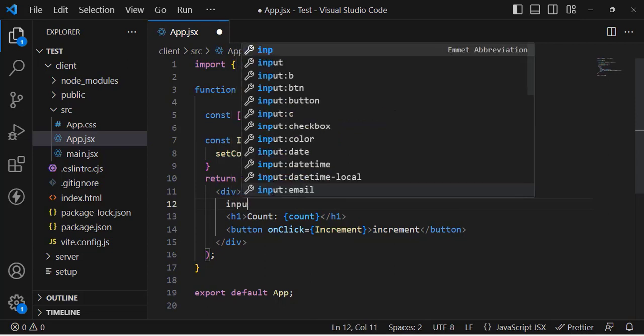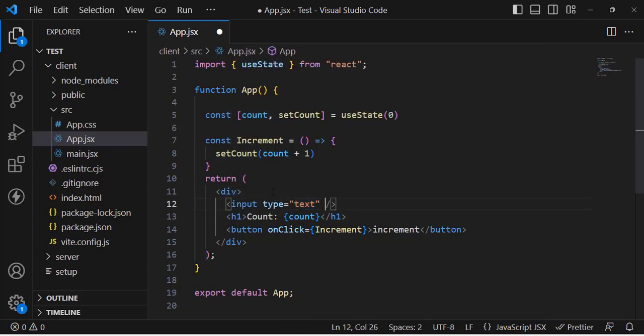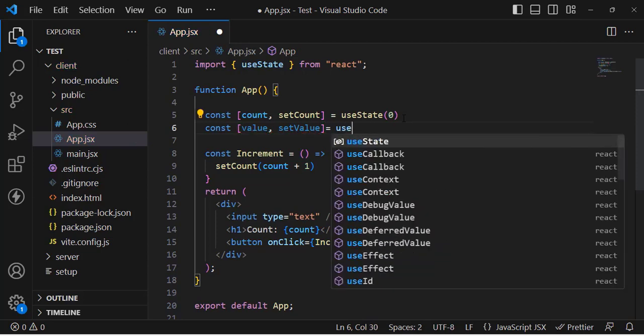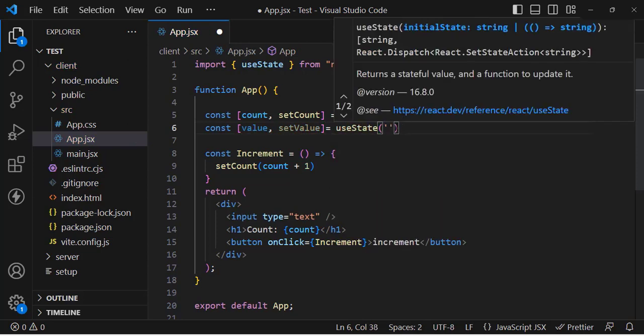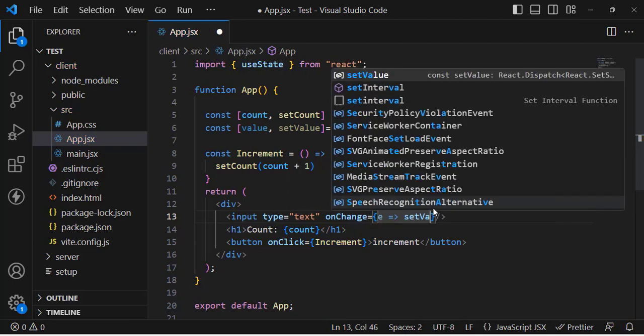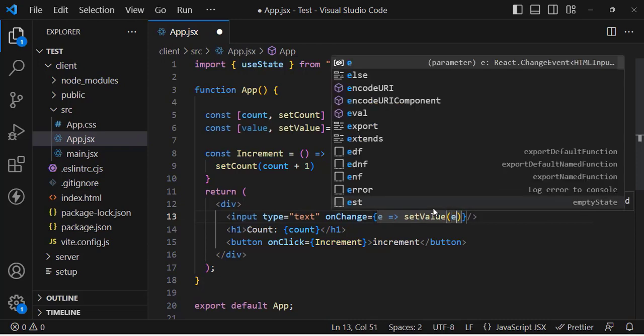So whenever we are writing something in this input field, we should store it somewhere. Let's create another variable, value, setValue is equal to useState. The default value is an empty string. And now let's call the onChange event here. OnChange, and we can call another function and create that here, or we can directly call the function from our onChange event. So to directly call that, let's create an arrow function, and we will call setValue, and we will just write here